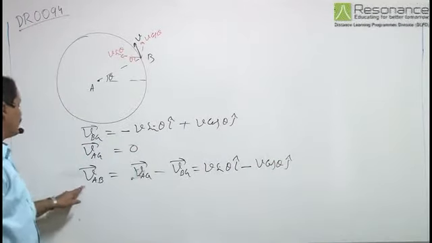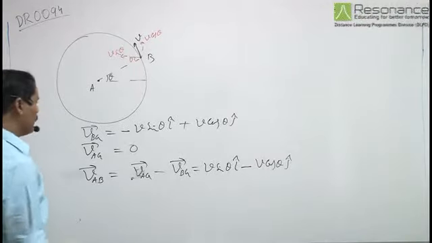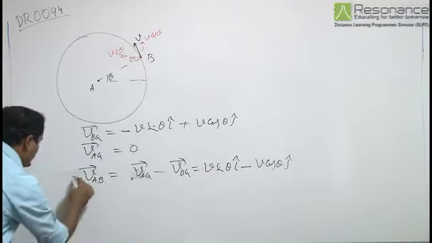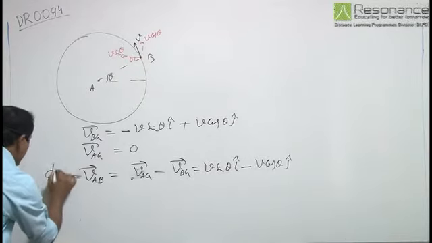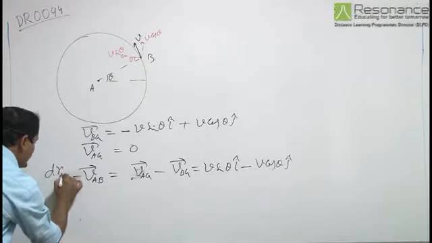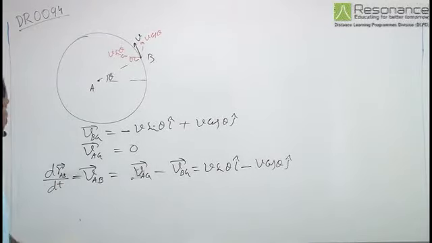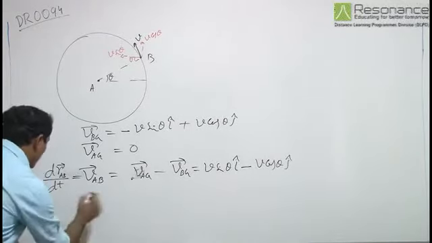This is the velocity of A with respect to B, and as it can be seen, the velocity of A with respect to B is dr, the position of A with respect to B, by dt, and from here we can write